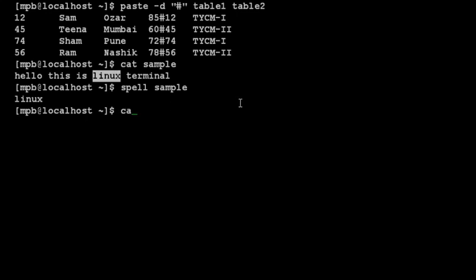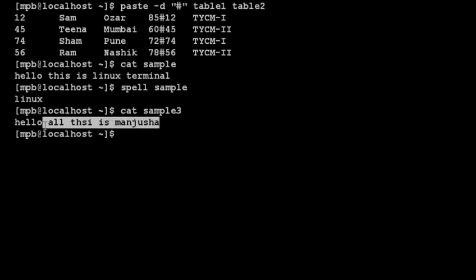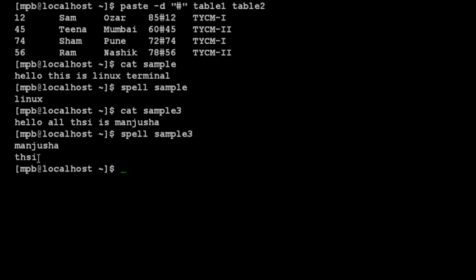Okay, so once again we will create one file, suppose sample3, and this file also has data like hello all, this is Manjusha, and if I say spell sample3, then it will show you two spellings.